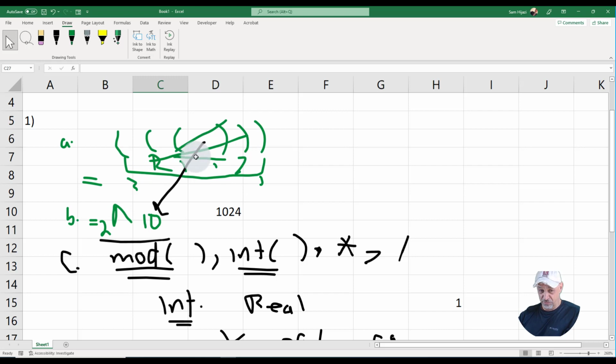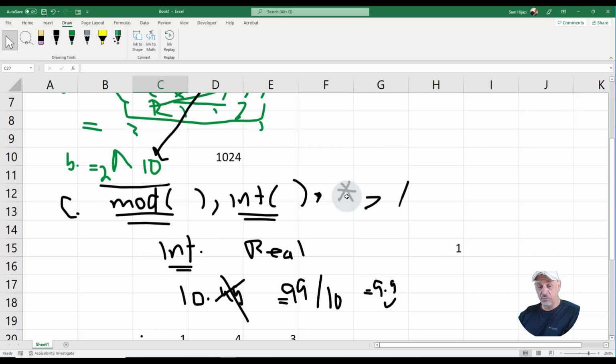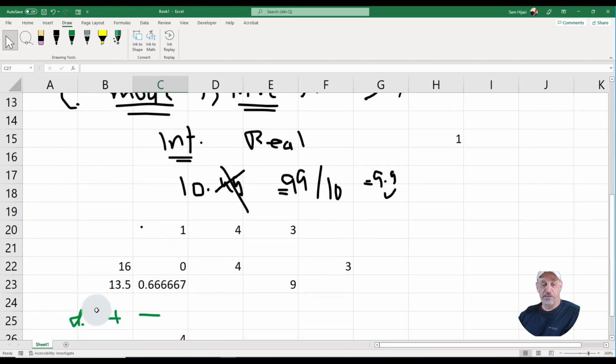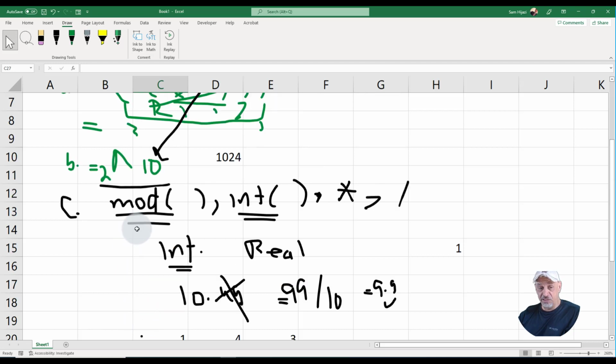Then once you locate that most inner parentheses, you look for the exponents. Then you decide to go from left to right, see if there's any mod, integer, multiplication, division. You could do those from left to right, depending on how the formula is written. Once you remove the multiplication and the division completely, you're going to do the addition and the subtraction. I had to interject the mod and the integer because we cannot live without the fact that we have an integer value that we really need to present,